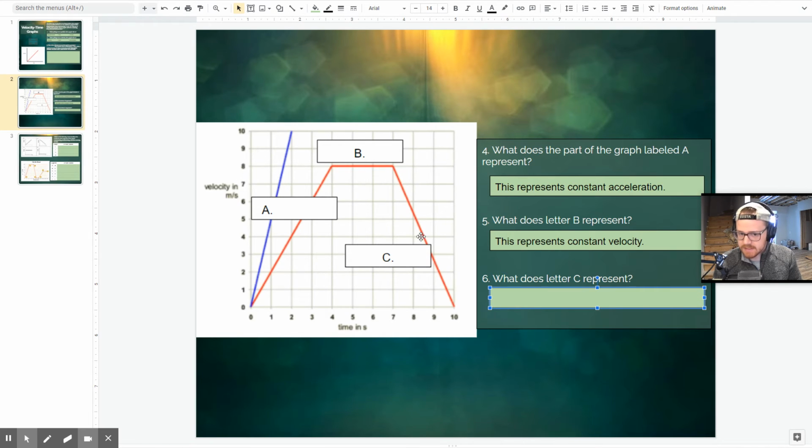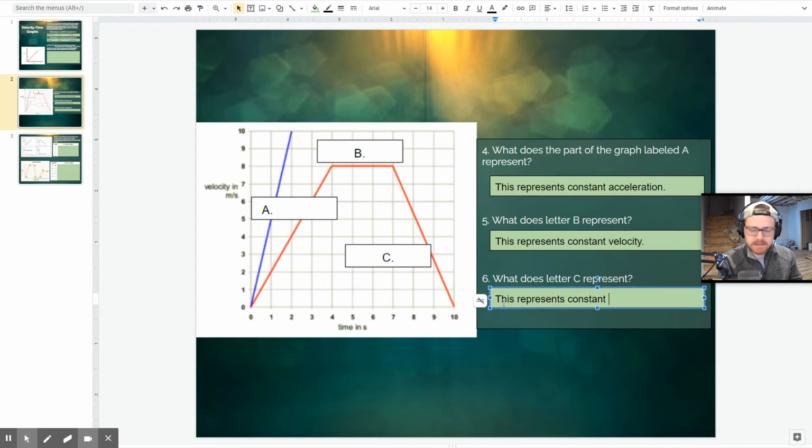What does the C line tell us? What does this tell us? What's the opposite? We have a decrease. We're having a decrease in velocity from 7 seconds to 10 seconds. So here we would say that this represents constant. Technically,